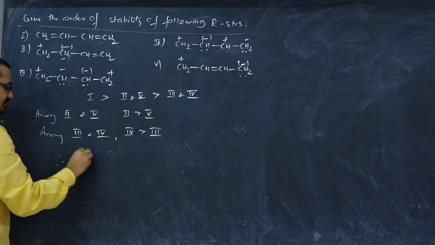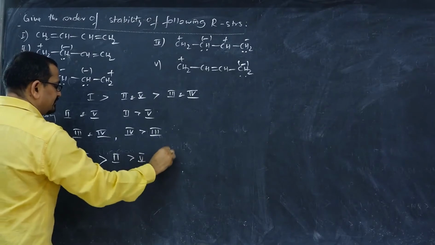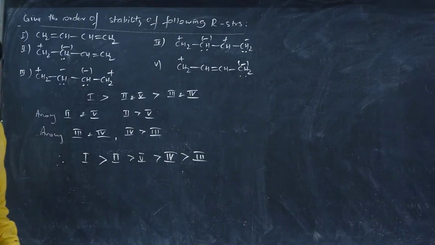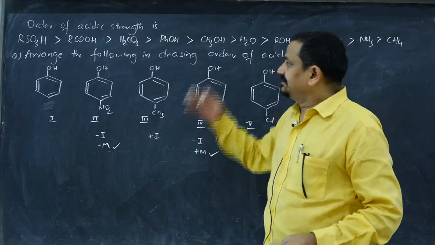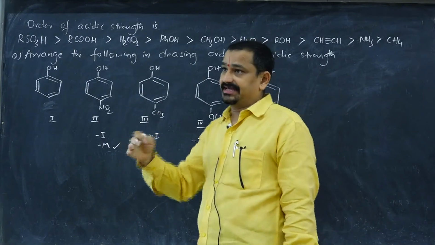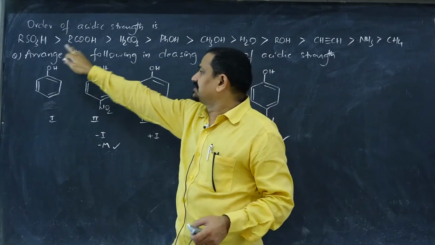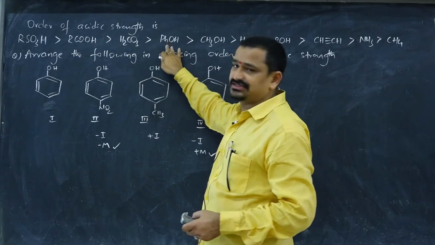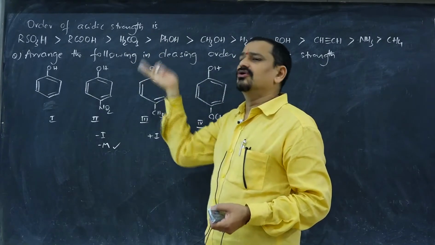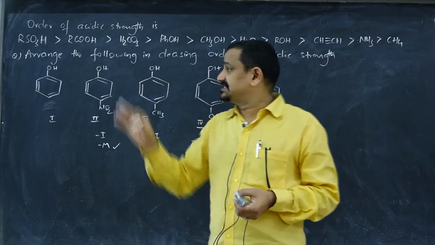So the overall stability sequence is: the first one is more stable than 2, than 5, than 4, than 3. This is how we can answer such model questions. And then the order of acidic strength helps us in predicting the stable conjugate base, weak conjugate base, or strong conjugate base when some questions are given. Suppose RSO3 minus, RCOO minus, HCO3 minus, PhO minus: which is a strong base? Among the anions given, the one whose parent acid is weak has the strong conjugate base. In predicting such questions, this sequence helps us.